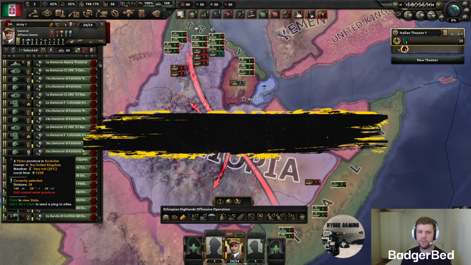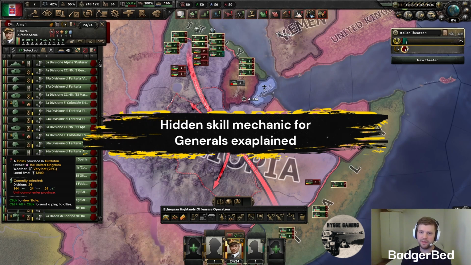In this video I will explain a hidden skill mechanic for generals that I'm pretty sure most of you don't